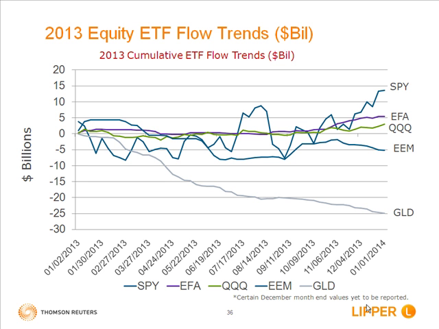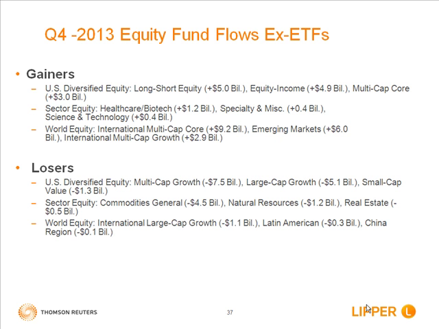No surprise, GLD, the Spider Gold ETF, also witnessed another quarter of outflows as the price of gold has continued to decline. It saw outflows every quarter during 2013. The gold ETF actually had net outflows of about $4.2 billion for the quarter and lost $24.9 billion for the full year 2013. Moving ahead quickly to the next slide,